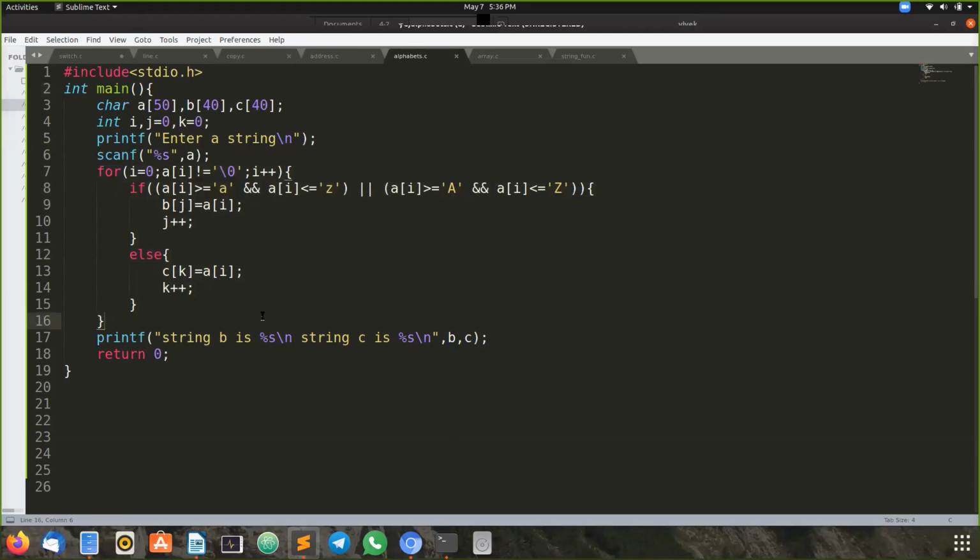It may be any language. If you take C, C++, Java, Python, just the syntax will differ. In Python, this printf is renamed as print, that's it. In Java, System.out.println, but the logic will not differ anywhere. You go and write this program in any language, the logic will be the same. You will use this same if block, same for loop, and the same logical OR. The only difference is the syntax. Syntax can be learned within a week for any language, but you have to improve this logic part.